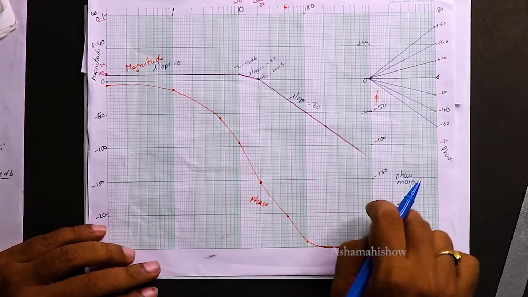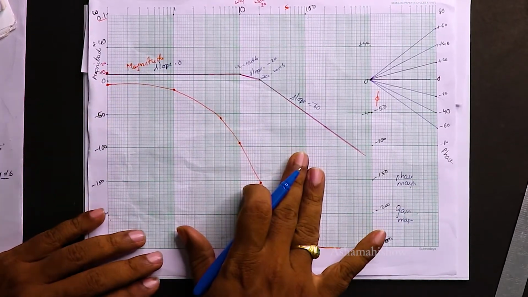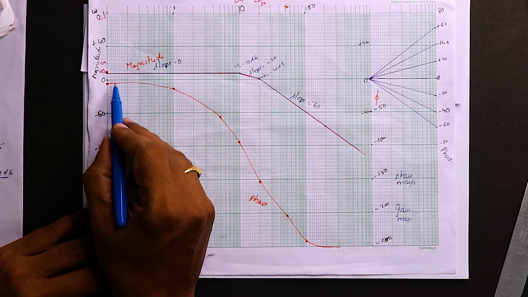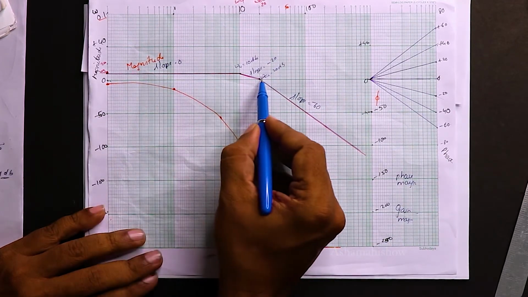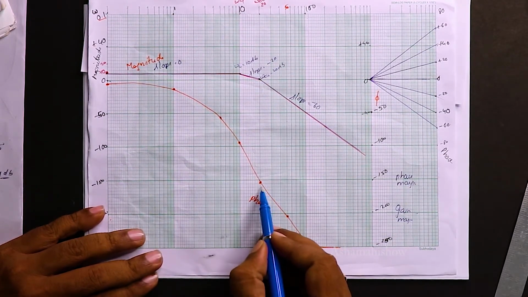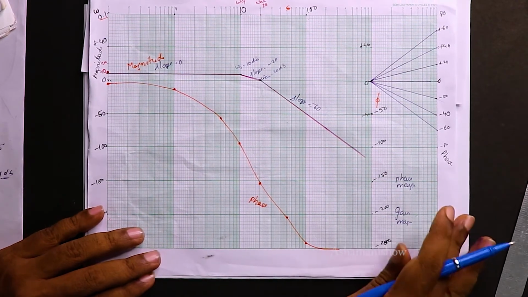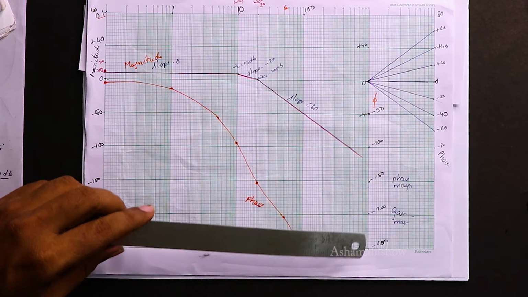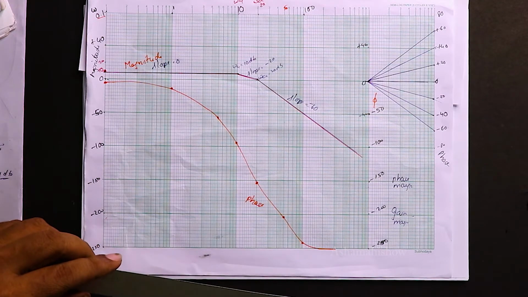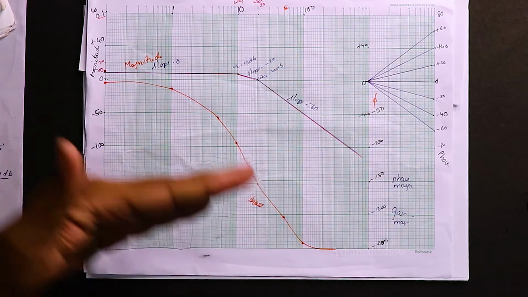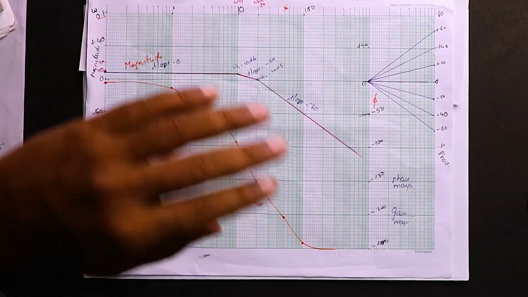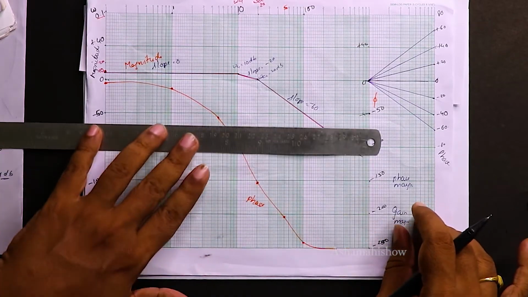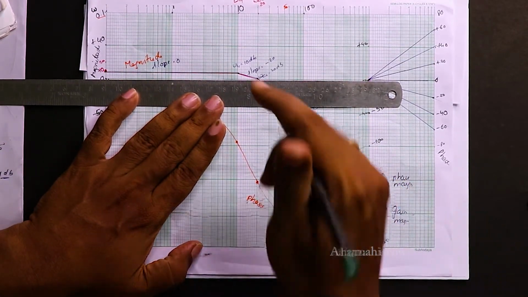phase margin, so phase margin, you need to take a magnitude as reference. So from magnitude, from 0 you draw a line. Okay, when it touches the magnitude plot, come down. When it touches the phase plot, you reach here and you can see what is the gain margin. So let me draw. Let me take another pen. Okay, I'll use my green pen. Okay, for finding phase margin, I have to start from magnitude plot. For finding the gain margin, I have to start from phase plot. It's like ulta putta. Okay, so for finding phase margin, I'll take the 0 as reference.